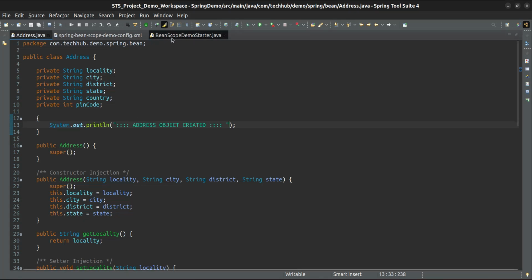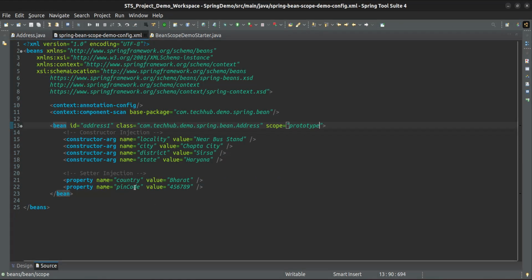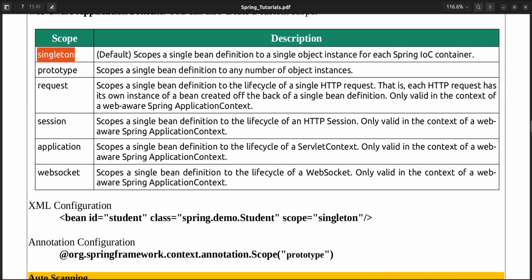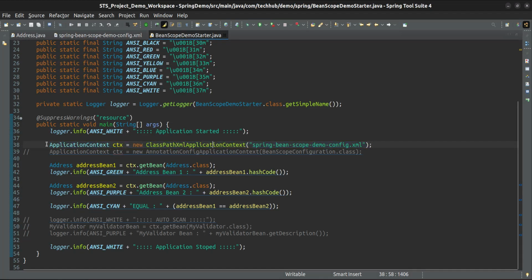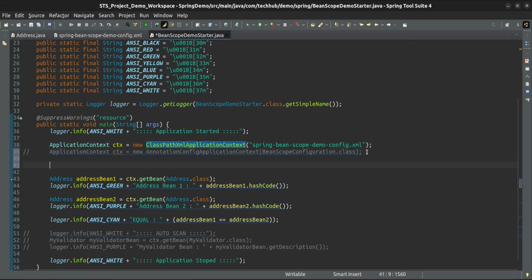So here, if you see, the approach is prototype. So let's change it to singleton, this one. It means this should create the object at this line only, at line number 38, before it is coming to this line, it should create. So here I am writing one more line of logger,